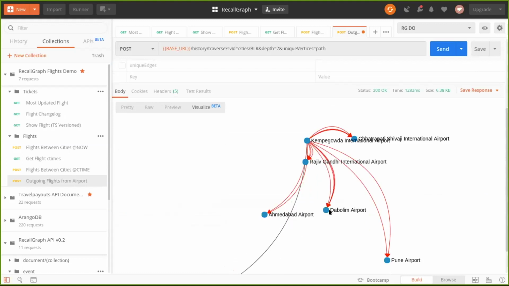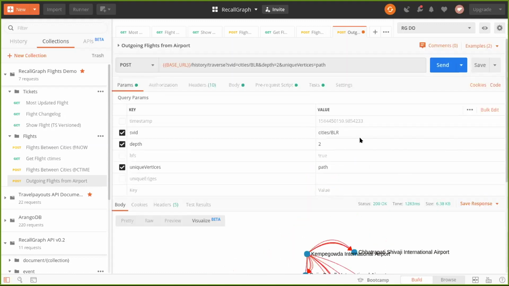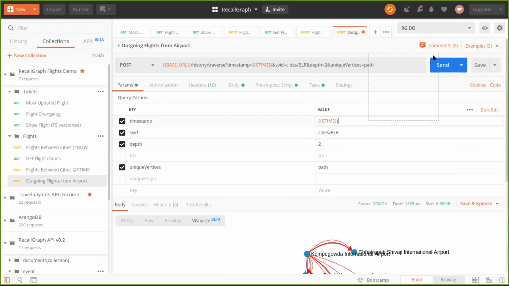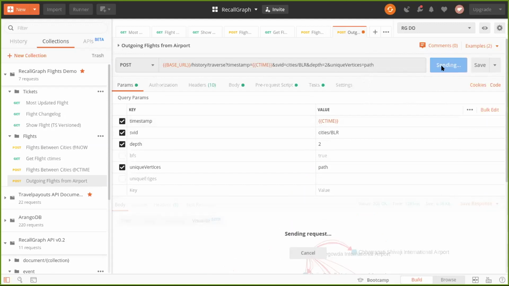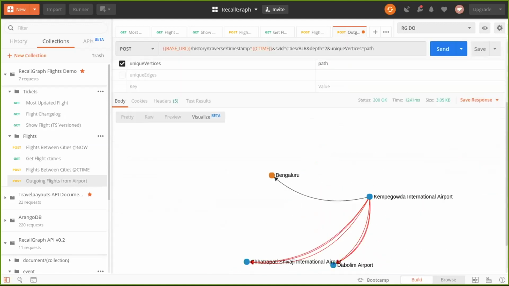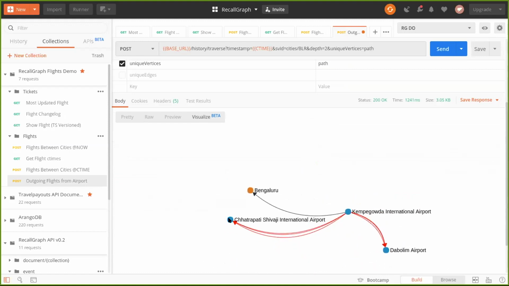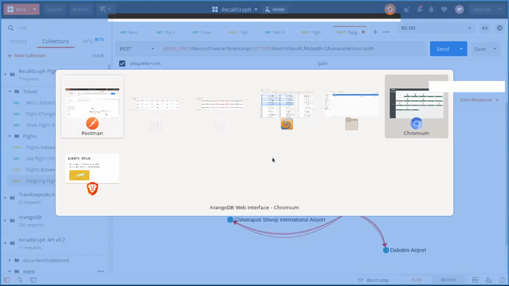Okay. If I don't specify the timestamp, it essentially means as of right now. And if I do specify the timestamp, hopefully I get a different result. Oh, yeah, we do. In fact, the number of flights is reduced drastically. So right there, you can see how things have changed. So that concludes the demo. We can always come back to it if somebody has a question, but let me just go back to the slides for now.